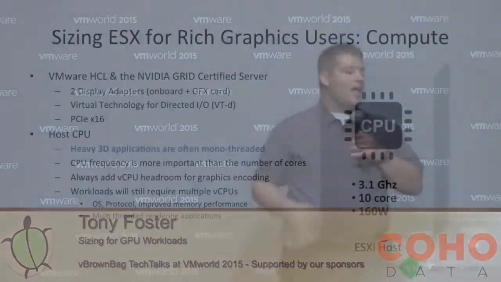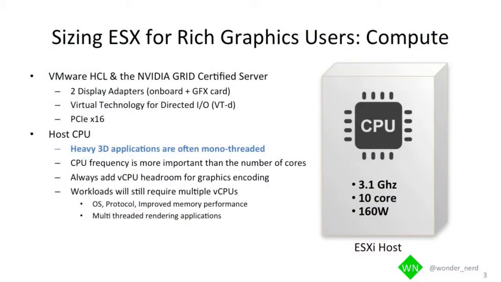First thing we're going to talk about is sizing ESX for rich graphics compute. Typically what you'll see there are two monitors. And we'll talk about monitors in a bit, but you'll typically want to have two display adapters inside the physical host. And this is to make sure you can select the correct graphics driver to pass through. And then you also typically have